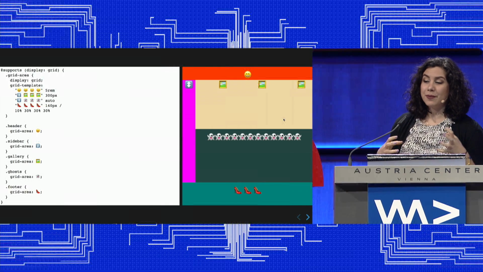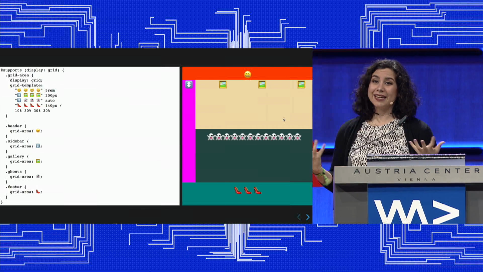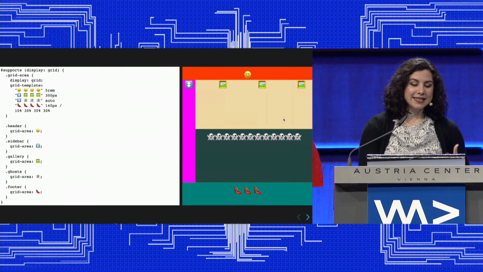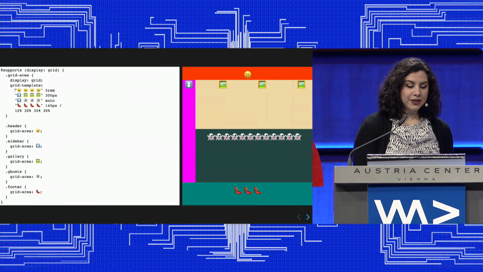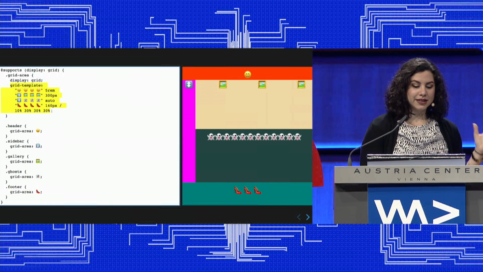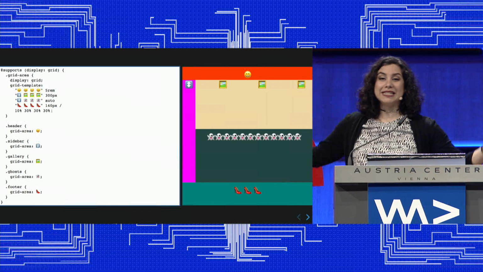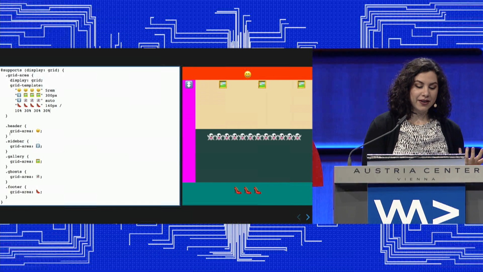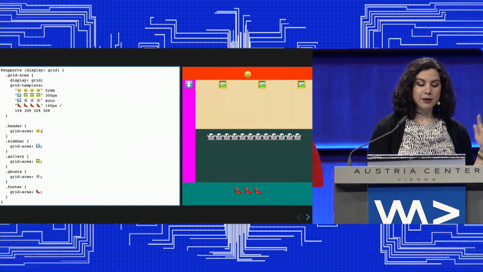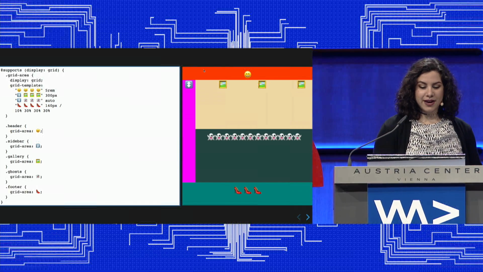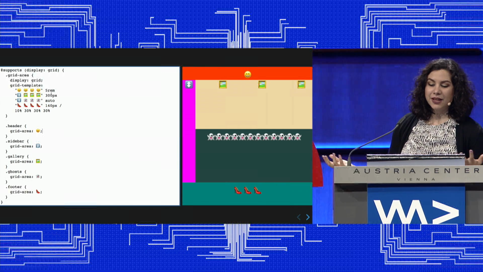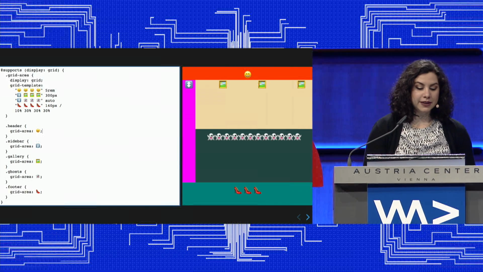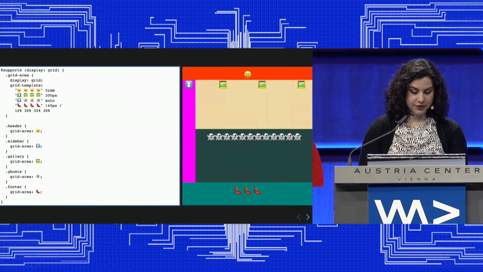Grid is also my preferred way now of just designing and making layouts. A great example is Grid Template. So here you can see with Grid Template, I'm just listing out the entire layout of this area. And I'm using Grid Area to then say, I want the header to be where the smileys are. So I have the header where the smileys are. I have this gallery. I have this sidebar. You can even, literally in the browser, just